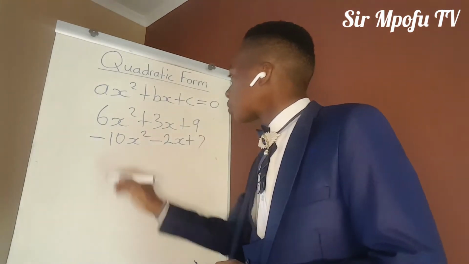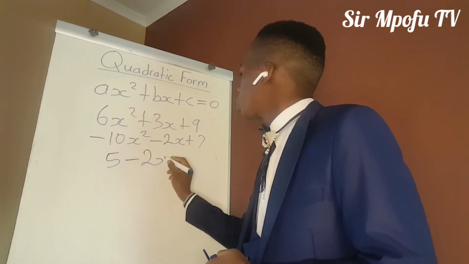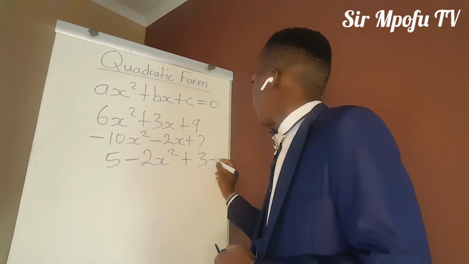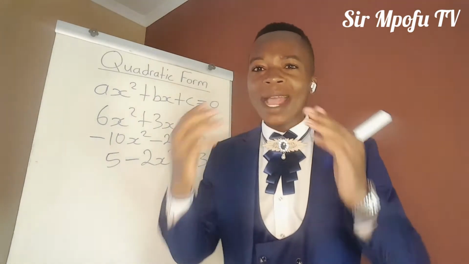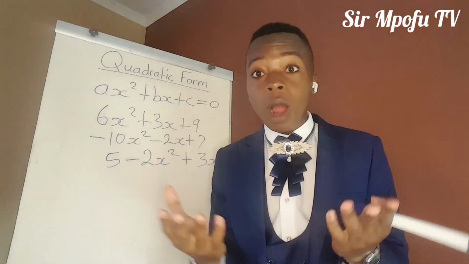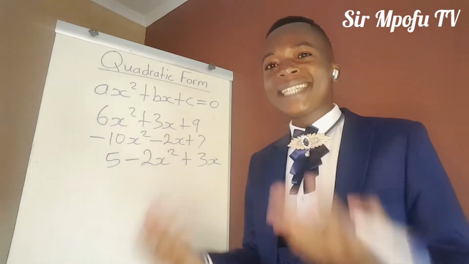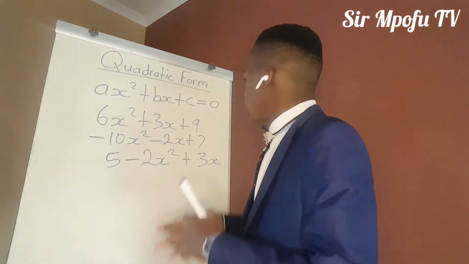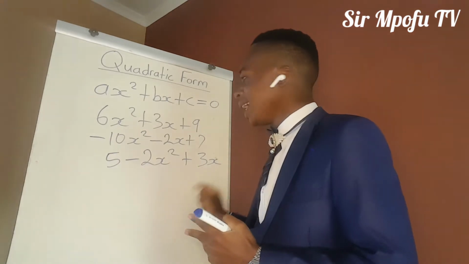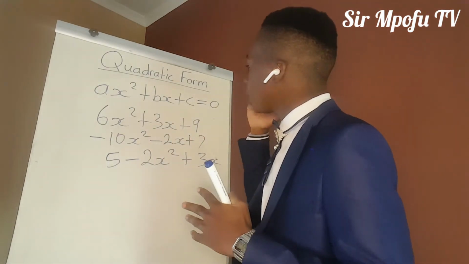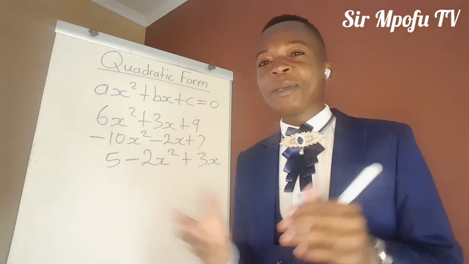You can be given your quadratic expression or equation like this. 5 minus 2x squared plus 3x. If you are given like this, they are just trying to trick you. So you should just know that, okay, my A is the coefficient of my quadratic term. And my B, it is the coefficient of the term that doesn't have 2 as its power, or of the term that will be having 1 as its power, which is this one. And my C, it is the constant term, the term that is independent of algebra. That is what we mean when I say constant term.